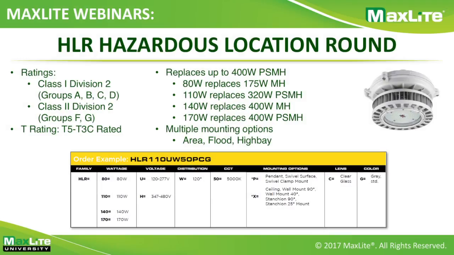Next up is our Hazardous Location Round series. This series is actually one of our most versatile options, coming with 4 modules and 8 different mounting hats. It's rated for Class 1 Division 2 and Class 2 Division 2, and its T rating ranges from T5 to T3C depending on the ambient operating temperature. It's designed to replace between a 175 watt metal halide all the way up to a 400 watt pulse start metal halide. And the fact that it has 8 different mounting options means that it's a great application for area,